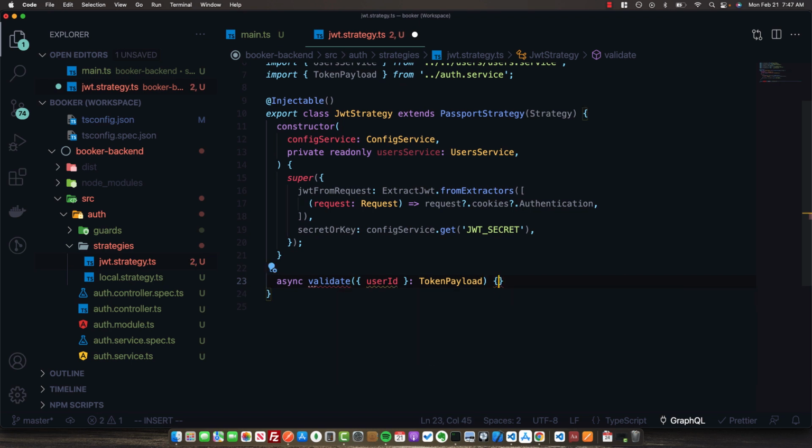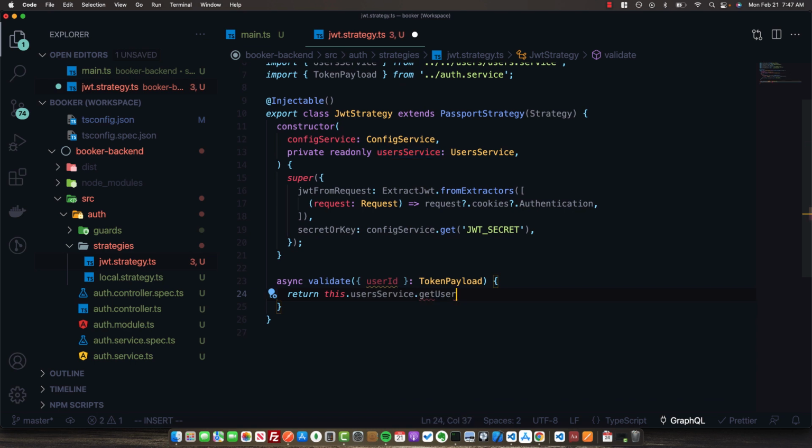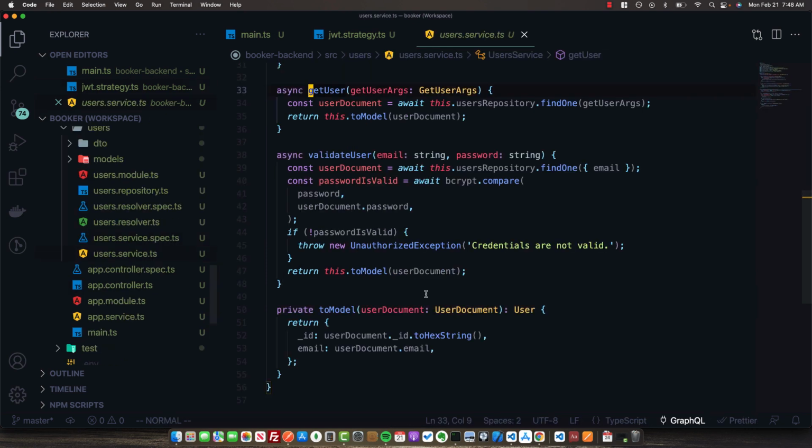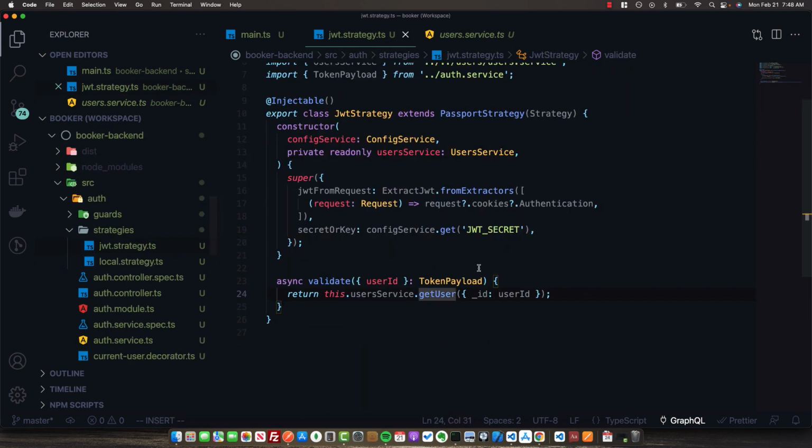So we know that we're going to return this.userService.getUser and pass in the ID. Well, of course, this will be the user ID. So if the user does exist, we'll simply return it from our user service. If not, we know the user service will throw a not found exception from our repository layer,